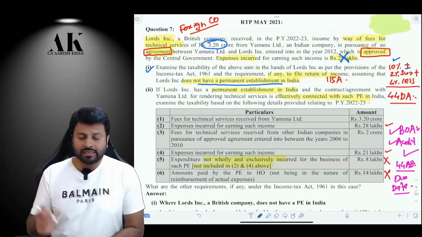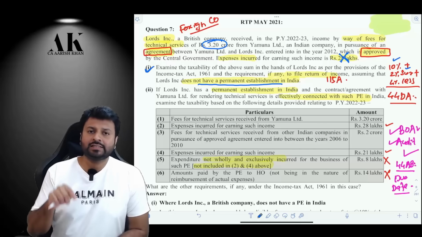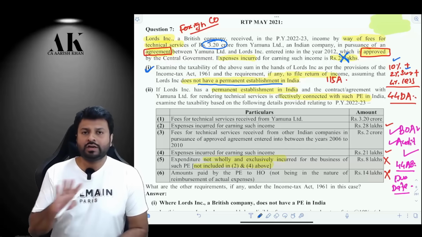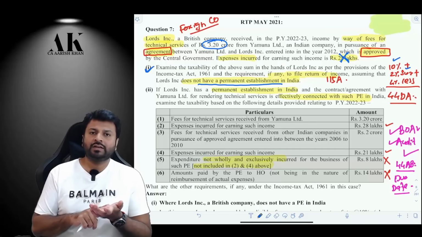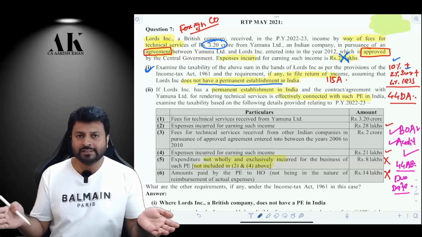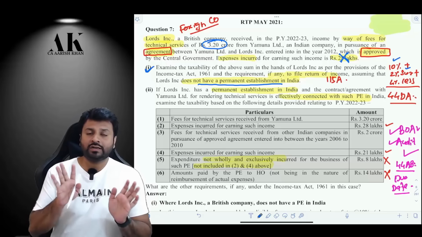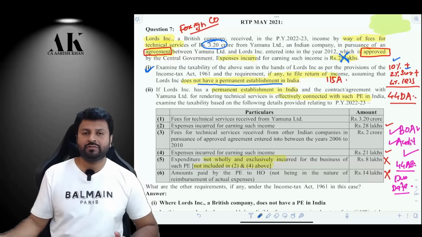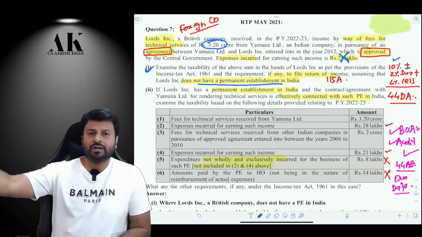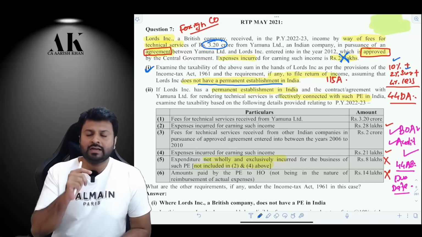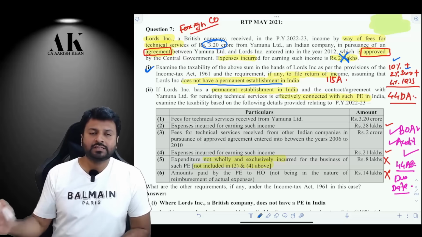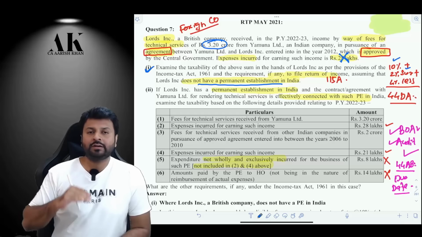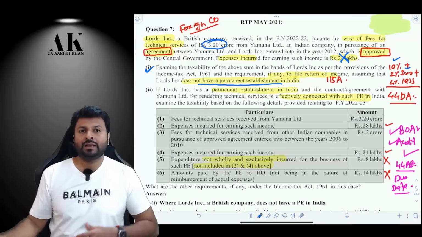Now the second question asked in this particular point number 1 is, is the SSC liable to file the return? No, the SSC is not liable to file the return, because the SSC does not earn any other income, and the tax is not deducted at a rate lower than the rate mentioned in 115A. If there would have been a rate mentioned under DTAA, suppose the DTAA says that the FTS would be charged at 5%, and if the SSC would have paid the tax at 5%, which is lower than the rate mentioned in 115A, then the SSC would have been liable to file the income tax return.